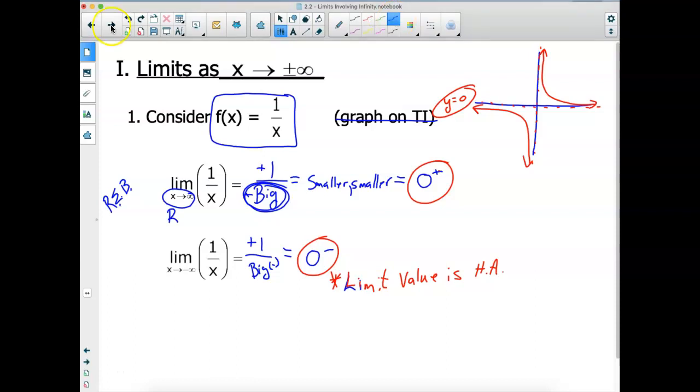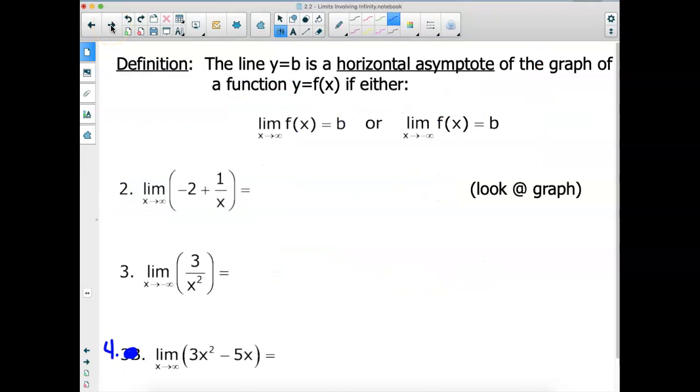Well, what happens if I move into the next example here? Okay, definition. The line y equals b is a horizontal asymptote of the graph of a function y equals f of x if either as x approaches infinity, it goes to a number, or as x approaches negative infinity, it goes to a number. Yes, we do have functions that only possibly have a right hand or a left hand end behavior. They don't really have to have a limit existing on both sides with a horizontal asymptote. Think of an